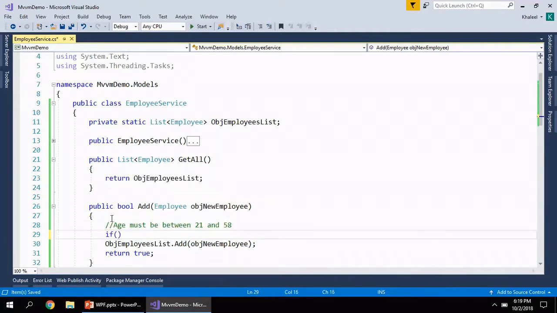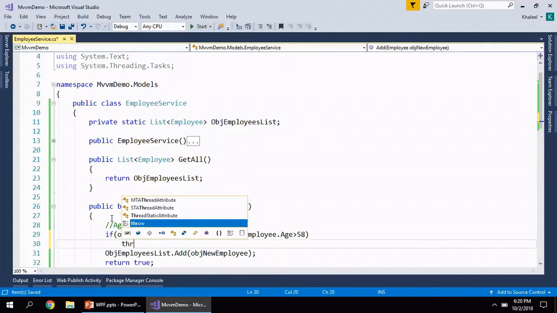So here we can put a condition: if objNewEmployee.Age is less than 21 or objNewEmployee.Age is greater than, say, 58, then in that case we will generate an exception.